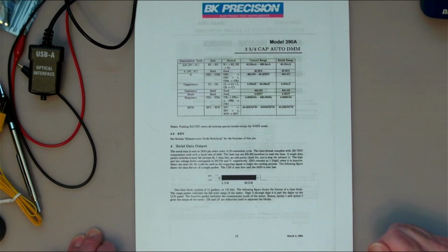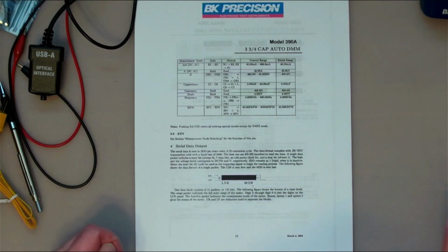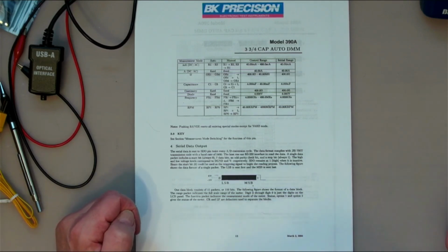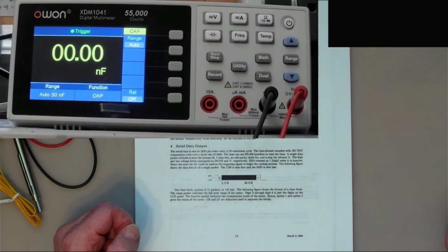Okay, so I've been looking for a multimeter that has output and software so that I can display the measurements that I'm taking on the screen while I'm making YouTube videos. So the first thing that I did, I bought this OWON multimeter, and it came with some software